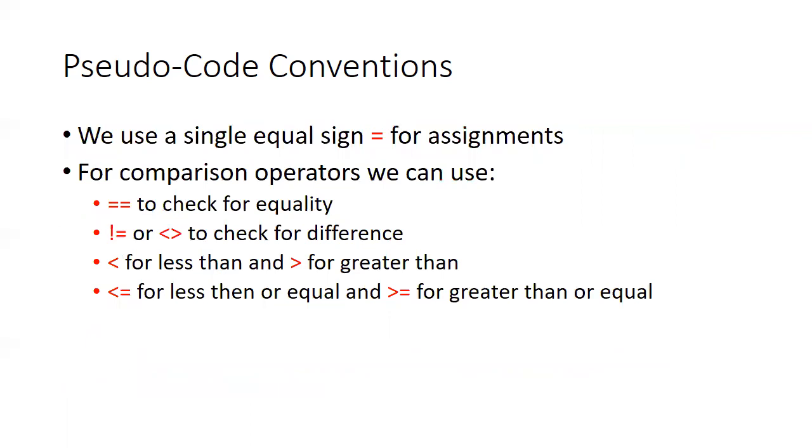I have said this before, but equal, when we use it in pseudocode or in a Python program or any other computer program, does not mean mathematical equal. What I try and say when I see that, and I'm talking to students like you, is assigns the value or takes the value. So this does not mean that S is equal to X plus Y plus Z. What it means is take X, Y, and Z, add them together, and then that value is assigned to the variable called S. Or you could say S takes the value of X plus Y plus Z. Does that make sense? And the reason why I can't say it's equal to, because you can have this situation